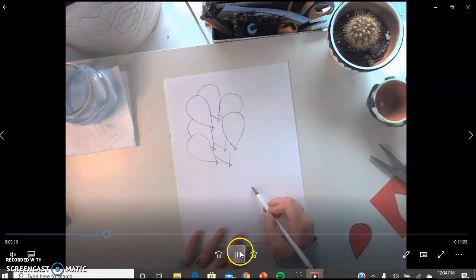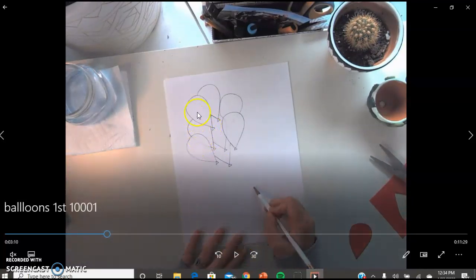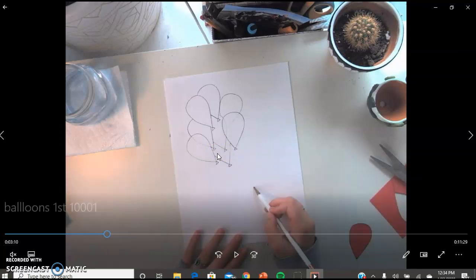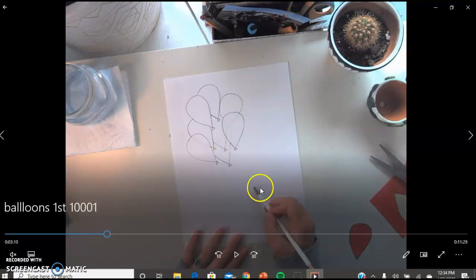I think that's it. So I do 1, 2, 3, 4, 5, 6, 7, 8 balloons. Okay. So you can decide how many you want. I would say probably do 5 or more, no less than 5. Okay. And so next thing that we're going to do is I'm going to draw a little point somewhere on